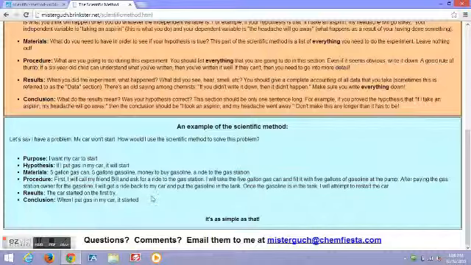So the scientific method really isn't that difficult. I mean, it's pretty self-explanatory. You can use it in everyday situations. You can also use it to solve complex scientific equations. But it's really just that simple. So,